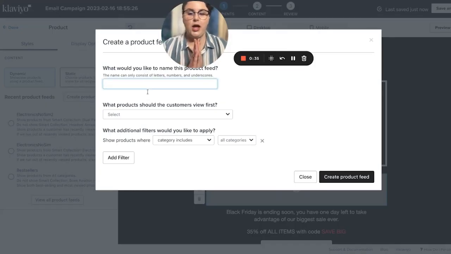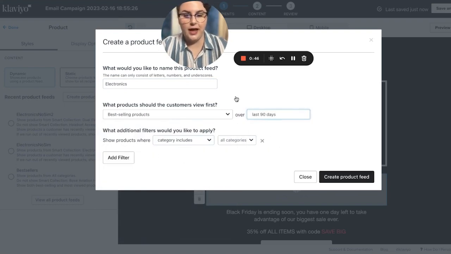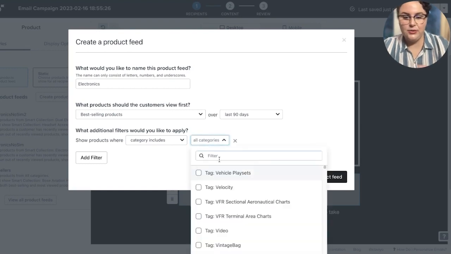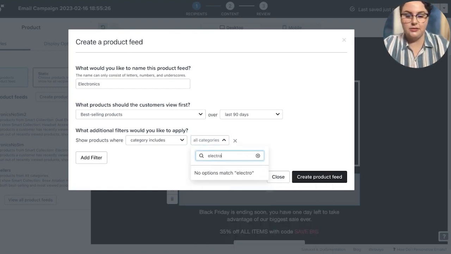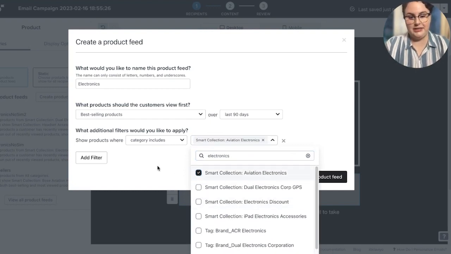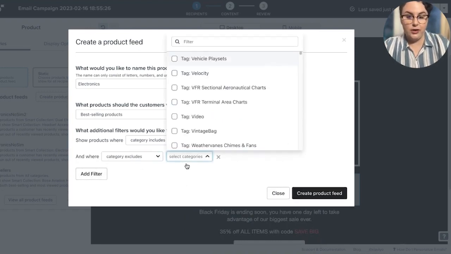Let's make this one electronics. And what should the customer view first? Let's say best selling over the last 90 days. And we're going to filter where the products include electronics. So we're going to use the Smart Collection Aviation Electronics here. And then we're going to add a filter and where the category excludes. So we are going to exclude